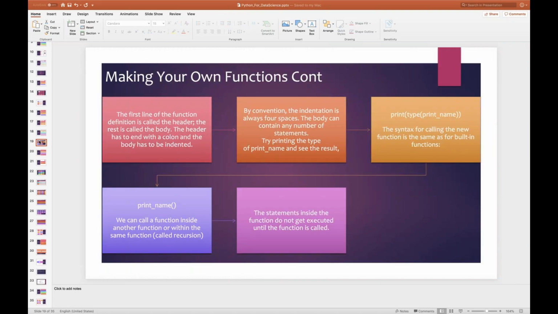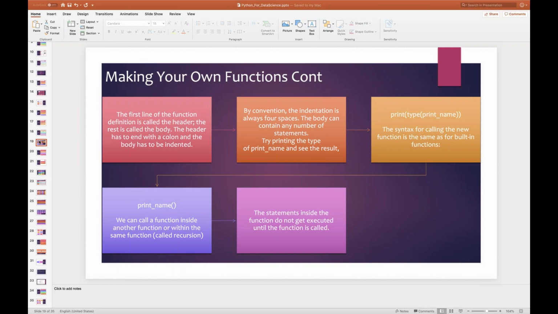Before that, we spoke about making your own functions. How can you make your own functions? When I say making your own functions, there are two areas. Python comes with built-in functions, and like that, you can also create your own user-defined functions. When you create your own functions, you need to know how you initiate the function, how you start the definition of the function, how you give the function name, how you give the colon after the function name, and after the colon, how the indentation starts.